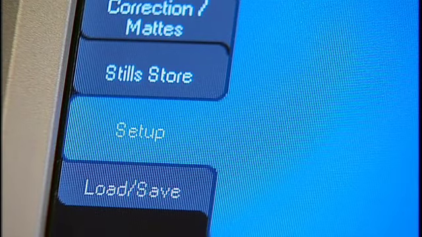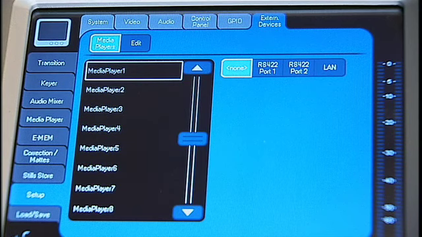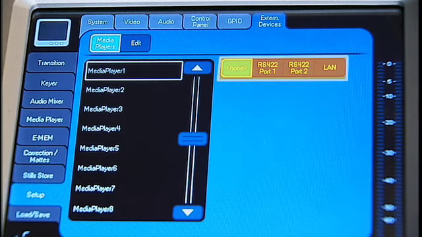Now we need to go into the Indigo Setup menu and establish remote control over the Turbo. Press the Setup tab on the touchscreen. Now go along the top tabs to External Devices and press that tab. You will see this screen, which allows us to set up remote control of any external media players via RS-422